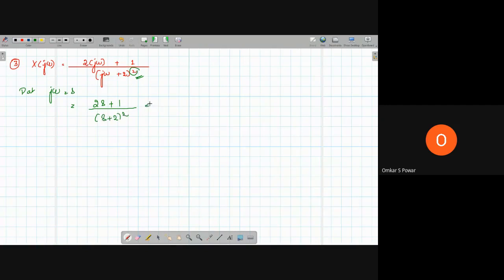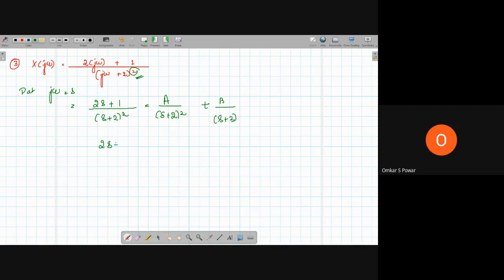So how can we simplify this one in terms of partial fraction? So here is the catch. A divided by s plus 2 the whole square plus b divided by s plus 2. Okay, so go back to your PUC textbook and refer to that. When the denominator is in terms of a whole square, what you have to do. A divided by s plus 2 the whole square plus b divided by s plus 2. So how can we solve this one?